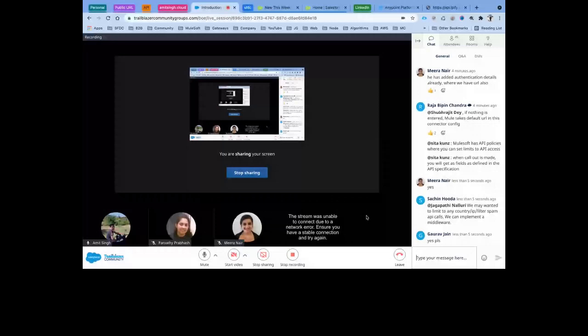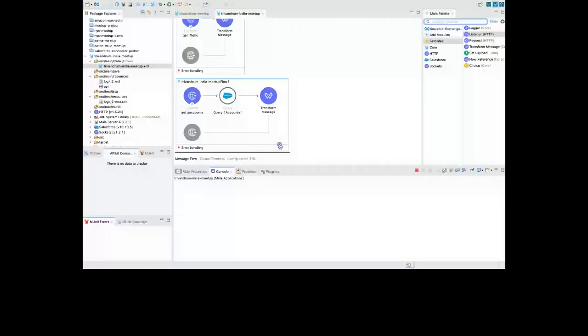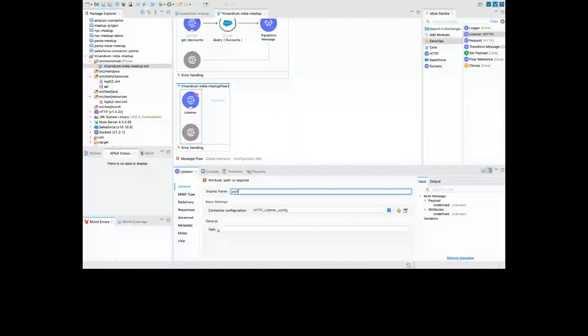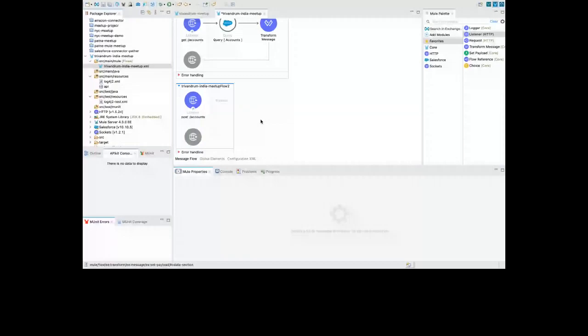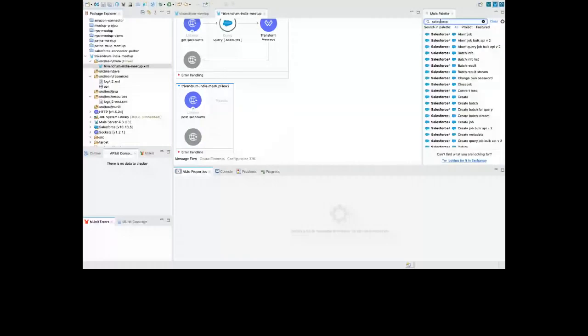Okay, so I'll go ahead. What I'll do this time is create a new listener over here. And this time we'll do a post on accounts, so that is post. The URL parameter is going to be the same, post accounts. Go to the advanced parameter, I'll say post, and then for post accounts, we'll say Salesforce create. Just go ahead and drag and drop over here.